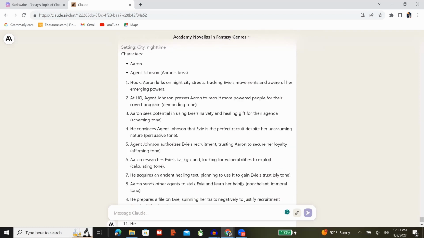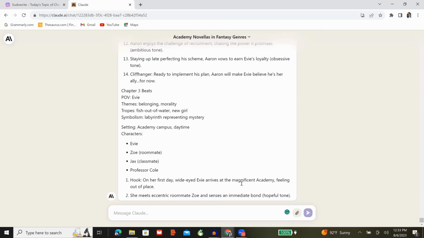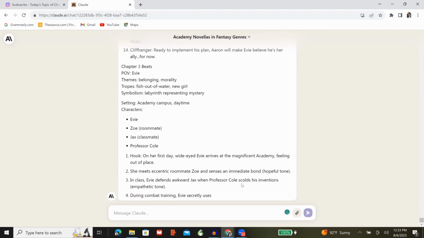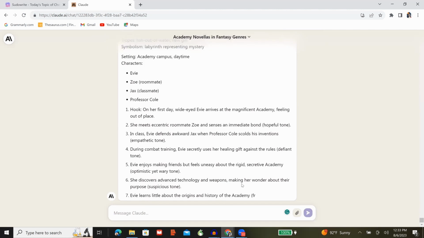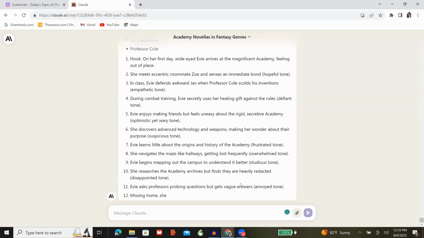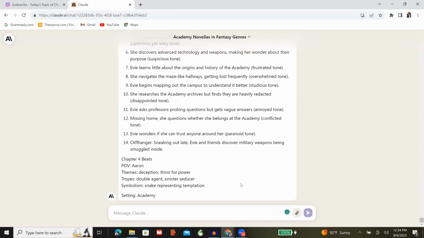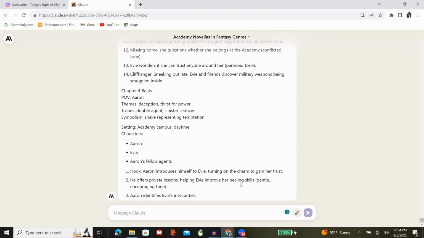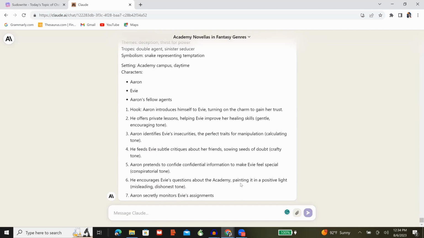So this is chapter 2, and it's gone to chapter 3. It's giving me all of the different characters. It is giving me the setting, the symbolism. I know who my POV character is. It is still not pinpointing my focus points and that type of content, but once it is finished generating all of this, I could ask it to give me